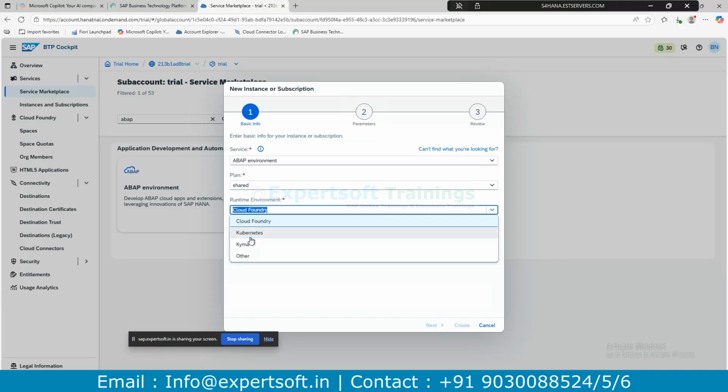Similarly, you can also use Kubernetes and Kyma, but majorly whatever application is developed will be deployed in Cloud Foundry only. Even the integration team will deploy in Cloud Foundry. So Cloud Foundry is the one SAP gives by default.